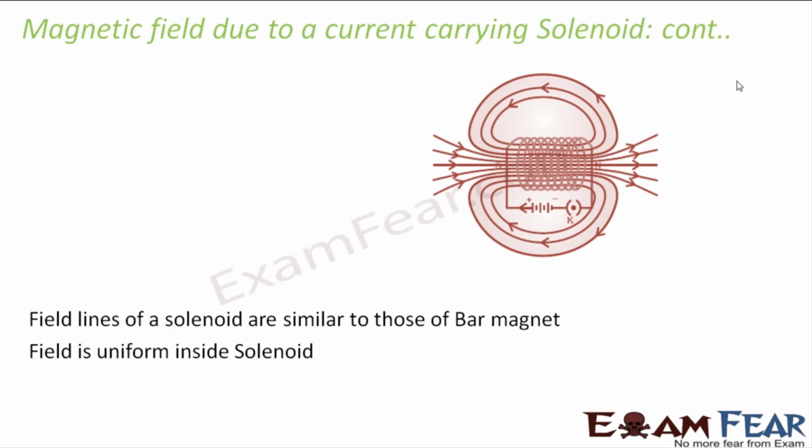You remember the magnetic field lines pattern in the case of a bar magnet? They look like this, right? They originate from one pole and terminate at the other, and they form closed continuous loops. So by looking at this pattern of magnetic field, it was concluded that one end of the solenoid behaves like a magnetic north pole and the other end behaves like a magnetic south pole.